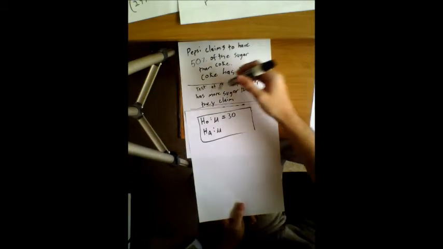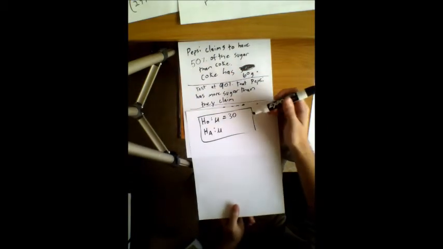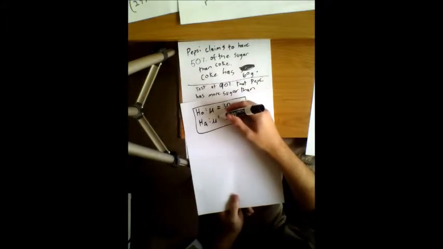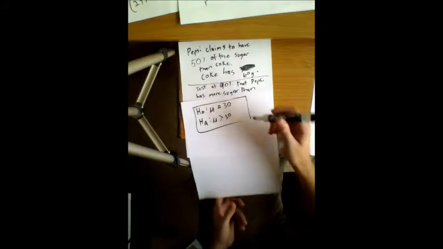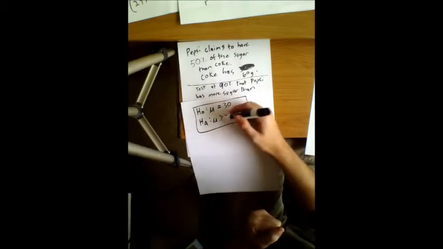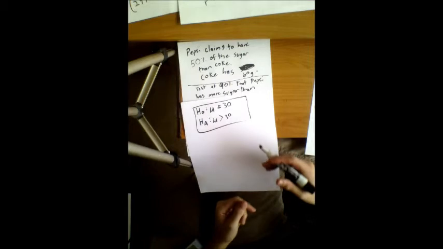We're testing that Pepsi actually has more sugar than they claim. Well, if they have more sugar than they claim, then it should actually be more than 30. So this is one of these things where we're not saying it can be more, it could be less, that would be not equal. Now we have greater than. So this is actually going to be a one-sided test,